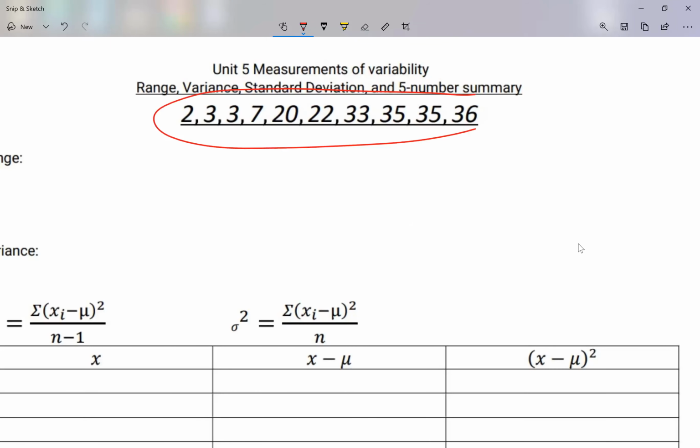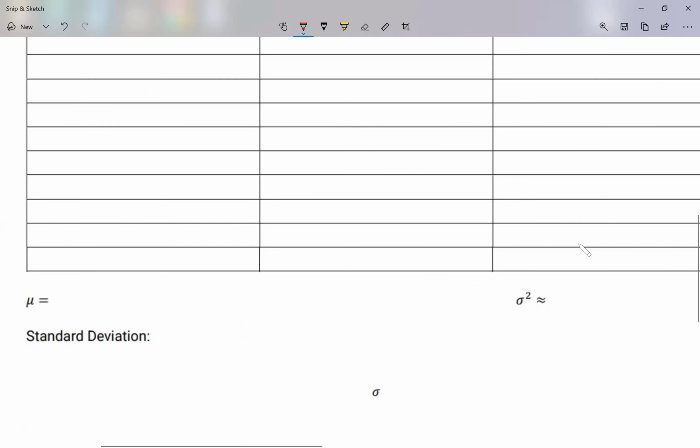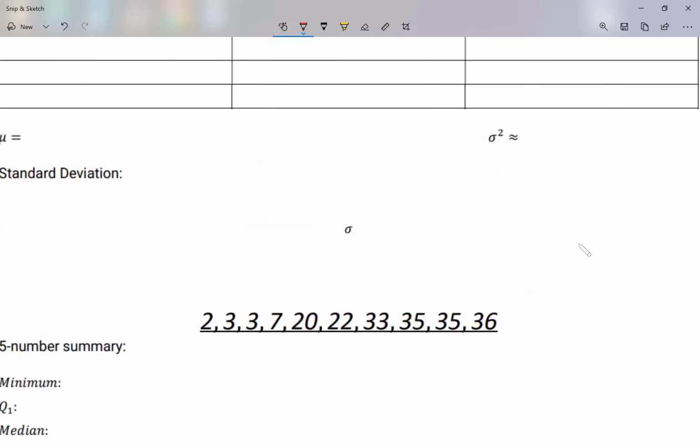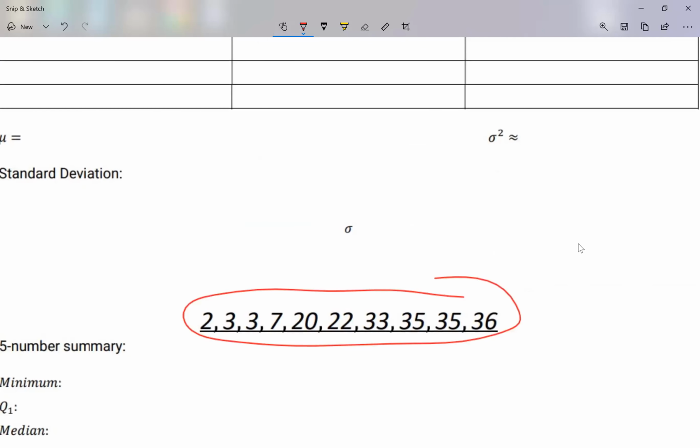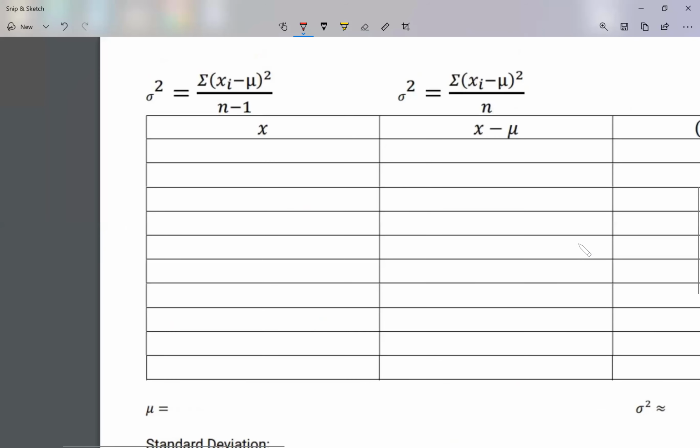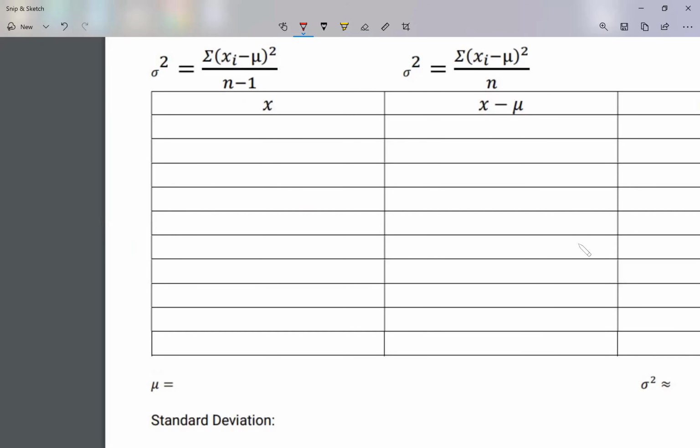I have this list of numbers, but then I also have the same list down here. So this is the list that I'm going to be using, okay? So when I say the numbers from the list, those are the numbers that I'm using. The numbers on my list, you guys see them on your notes. So I'm gonna write them here: 2, 3, 3, 7, 20, 22,